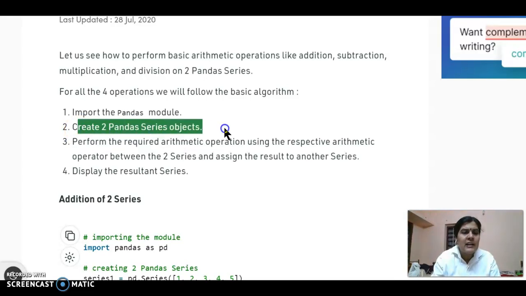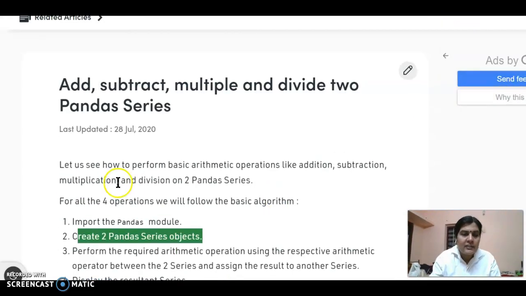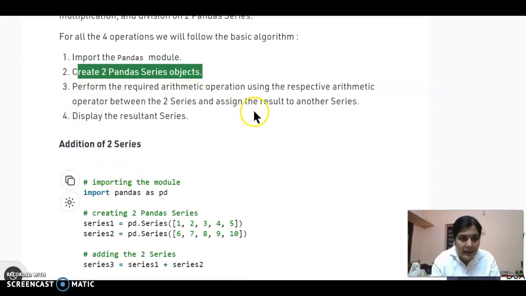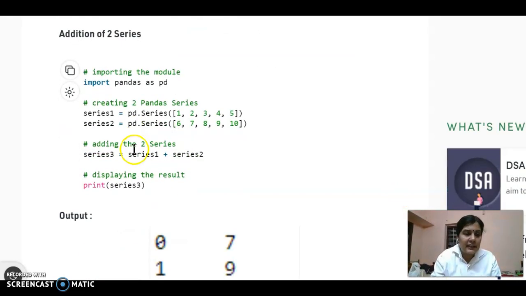That means at least two series must be there for addition or subtraction. Then perform the required arithmetic operation using the respective operator. That means for addition plus, for subtraction minus, for division divided by, and so on. Then display the resultant series.